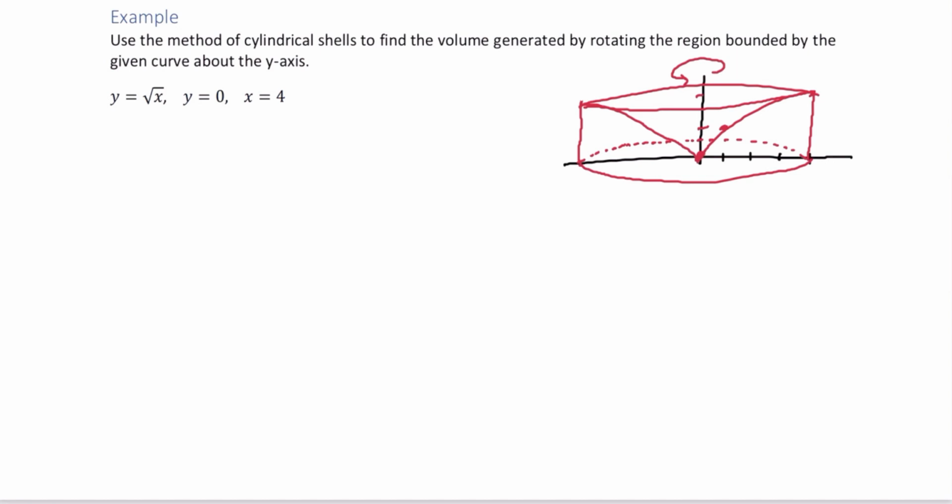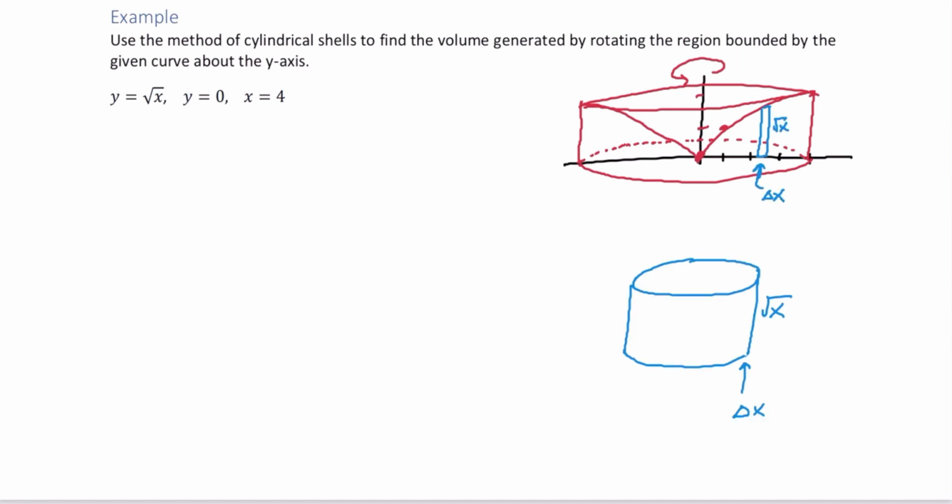From here, let's look at one cross-section of that shape. So if we're looking at this piece, we can see that the height of that rectangle is the square root of x. The width is delta x. Keep in mind that one slice is really a shell. It's a cylindrical shell that we've cut out of the main shape. Again, the height is the square root of x, and then the width of that slice of that shell is